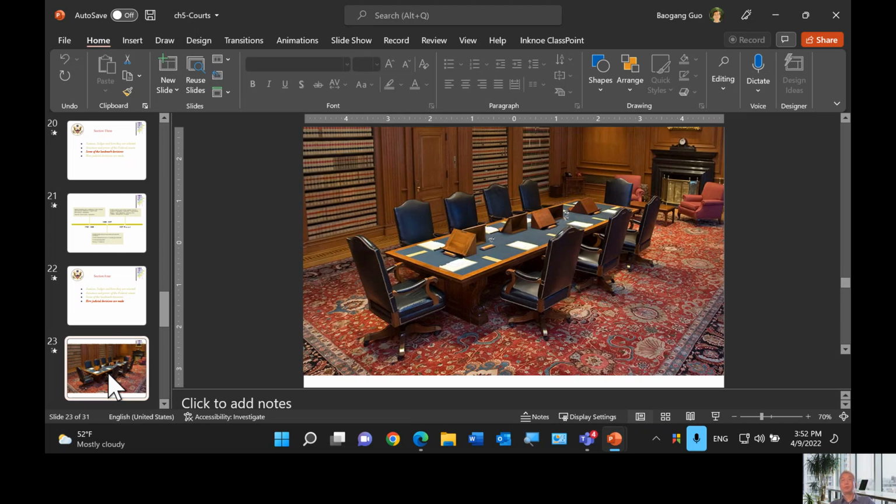So all judicial decision making takes place in this room, the judicial conference room, where you see there are just 9 chairs. When they meet every Friday here, you only see the 9 justices sitting here. In this conference meeting, they decide which of the new cases they want to hear, and what their individual decisions are on the cases they have already heard. That's where the decision is made, in this room.